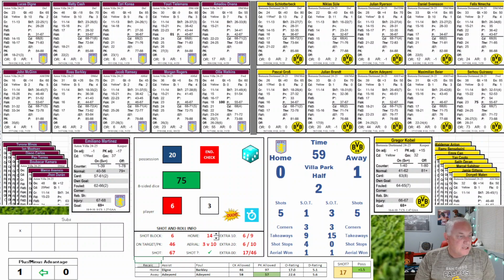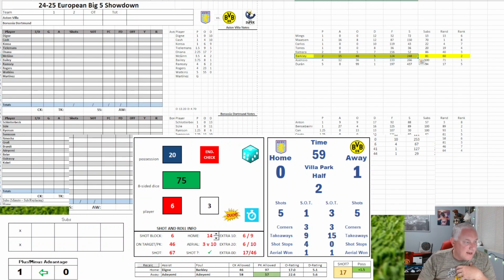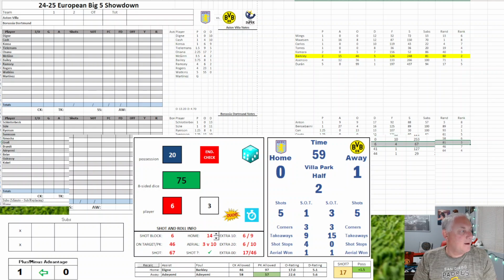6 versus 3. That's McGinn passes and Ryerson passes, and that's McGinn again. Bayer will fail. So Bayer is going to be coming out of the game for Dortmund. Let me tag him so I remember. Bayer is coming out. That will be their first sub. And let's look at who's going to come in. So Bayer is a 4.25, so it's going to be a 3 to 5, position 3 to 5. That will be Sabitzer. Sabitzer is going to be coming into play for Bayer.